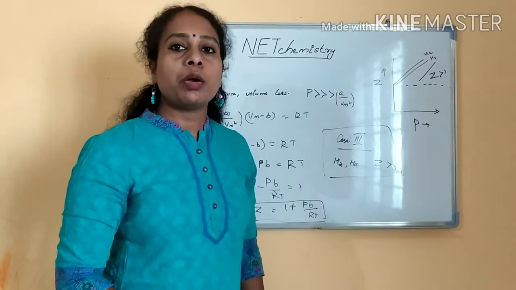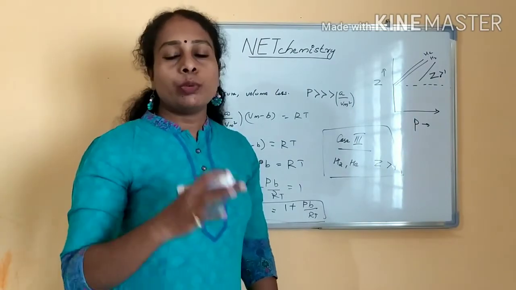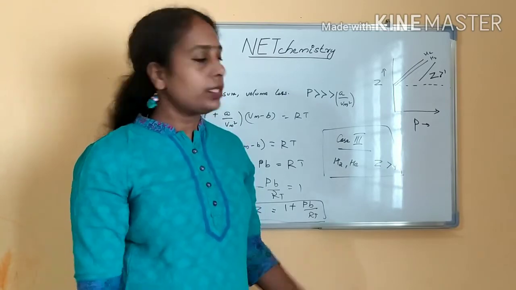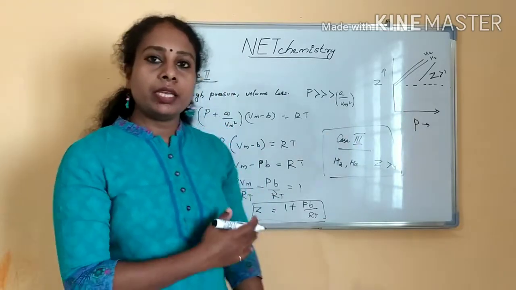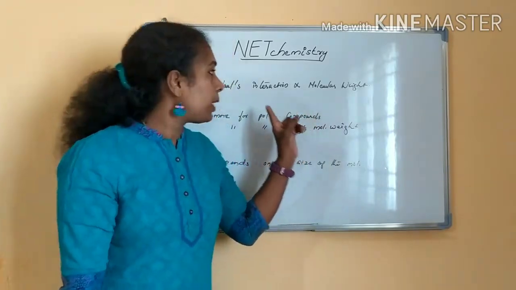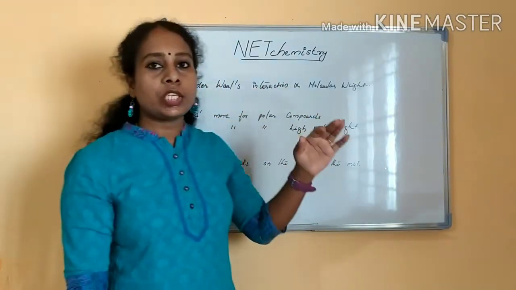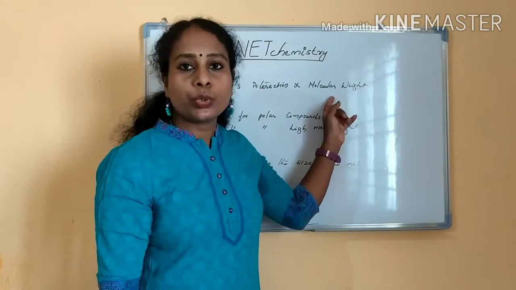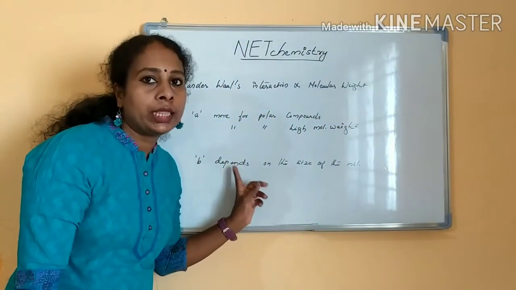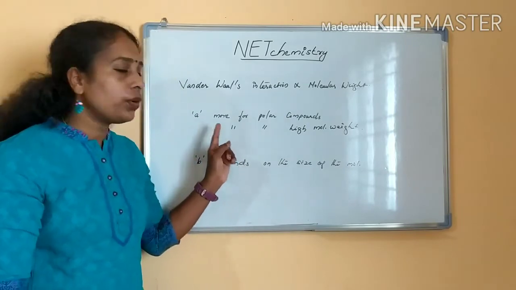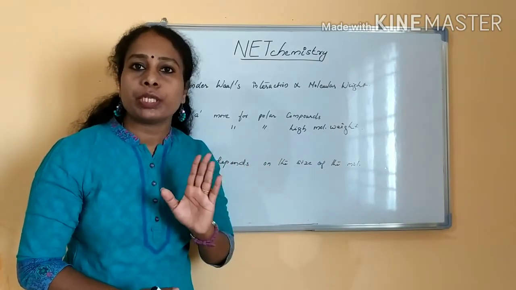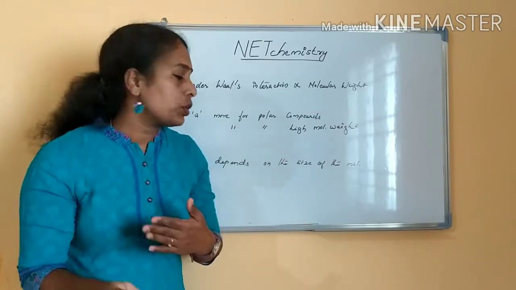So is it clear how the real gas is behaving, how the ideal gas equation will be deviating when it comes to the real gas? All this isotherm is explained by this van der Waals equation. Please keep these things in mind. Van der Waals interaction is directly proportional to the molecular weight, and of the a value and b value in the van der Waals equation, the a value depends on the intermolecular force, you know. The b value depends on the size, or else on the volume.